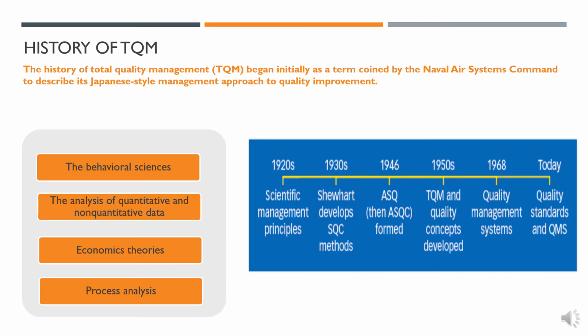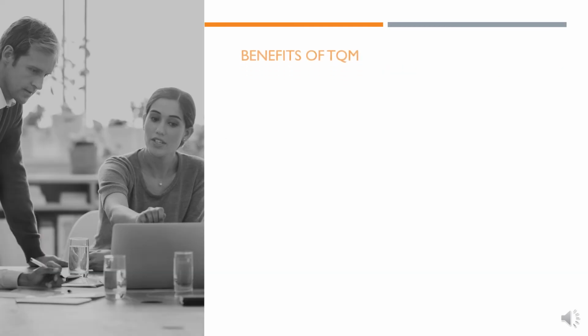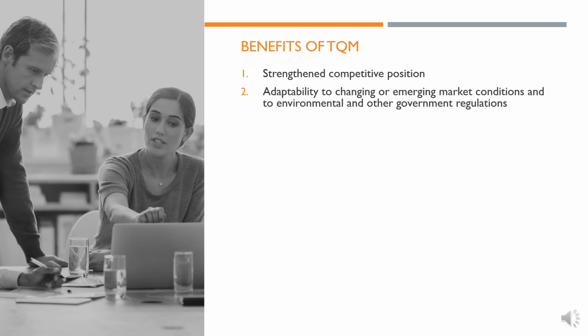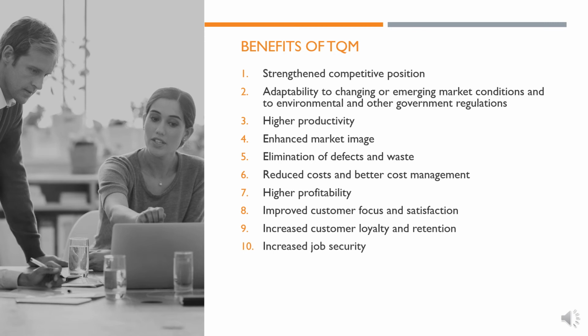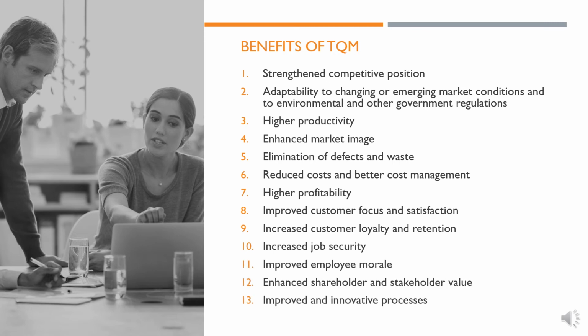Quality standards such as the ISO 9000 series and the quality award programs such as the Deming Prize and the Malcolm Baldrige National Quality Award specify principles and processes that comprise TQM. And here are some of the benefits if an organization is implementing TQM. It strengthens competitive position, higher productivity, higher profitability, increased job security, improved employee morale, enhanced shareholder and stakeholder value, improved